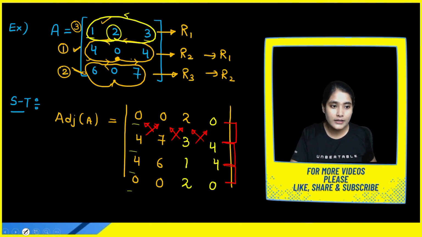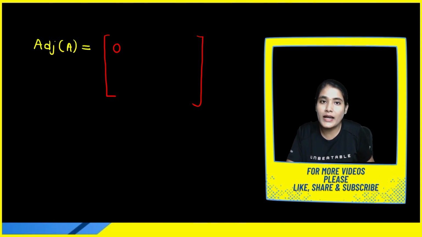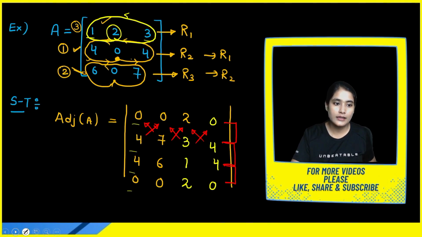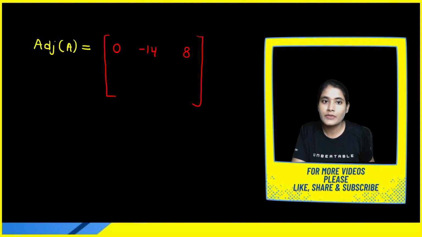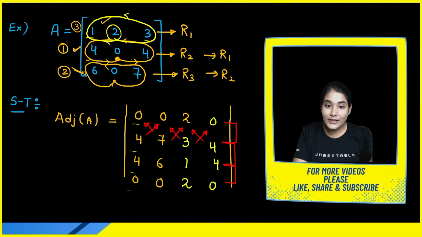Then take these 4 elements. 3 into 0, 0, minus 7 into 2, 14. So what you will get? 0 minus 14. Okay. Now then again take these 4 terms to do the cross multiplication. After cross multiplication you will get the single term. 4 2s are 8 minus 3 into 0, 0. So what you will get? You will get only 8. So first row completed.